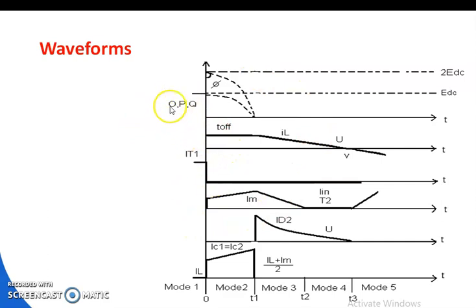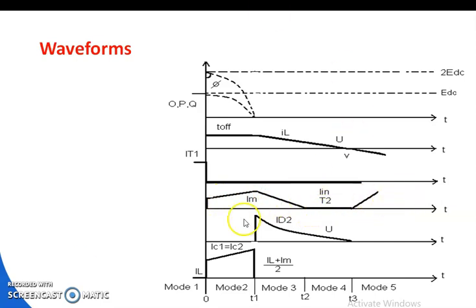This one is the output voltage waveform at different instants. This is the line for EDC. This is the line for minus EDC. This is the curve drawn between the thyristor current iT1 with respect to time t. This one is the turn off time of the thyristor with respect to time t. This one is the current value, at maximum value, again 0, and again T2 starts conducting, and this process will be continued.